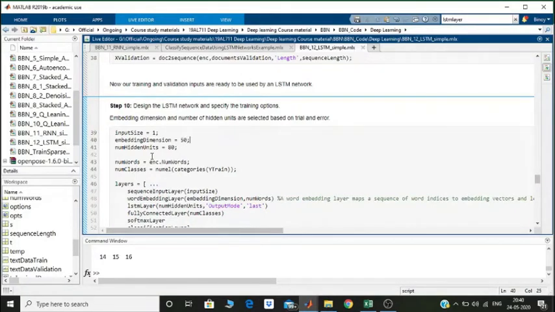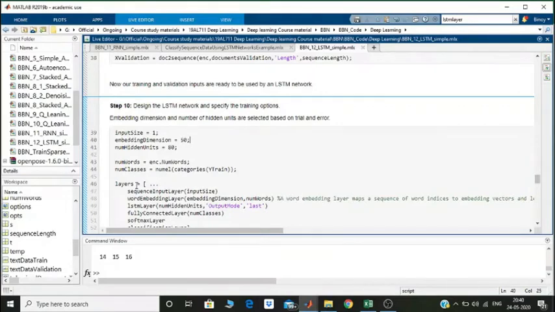The number of hidden units, again chosen by trial and error, we are taking as 80. You can have 100 or 200. That is the number of hidden neurons that you have. You are also picking the number of words, encoded num words. The num words that we had was 7,757. That many words we had. And the number of classes in the training dataset was only 2, spam and ham. So num classes is 2. Num words is the same as the total number of words in the training dataset.